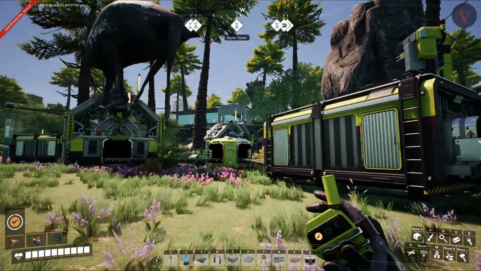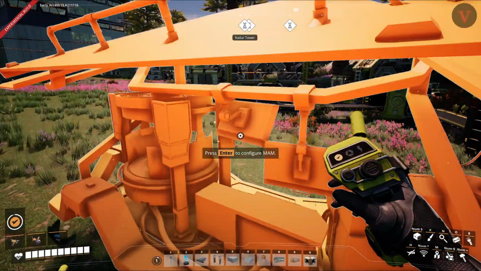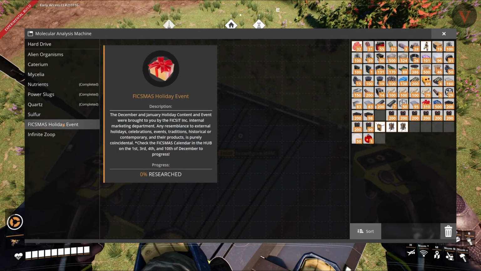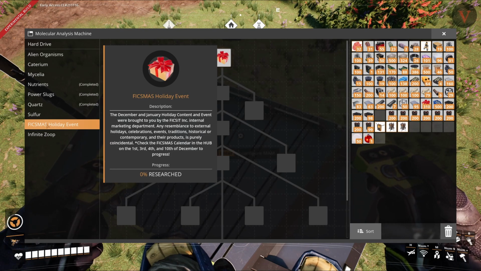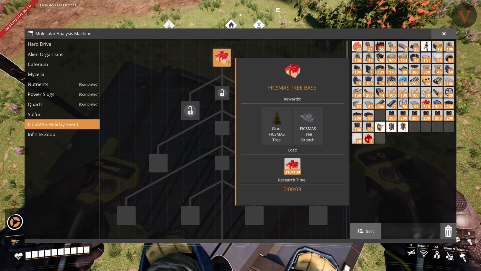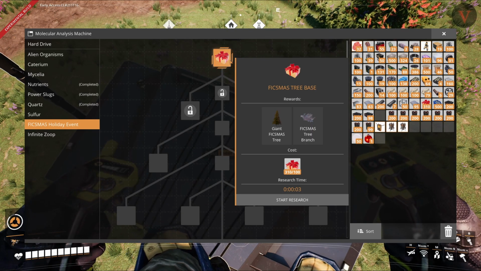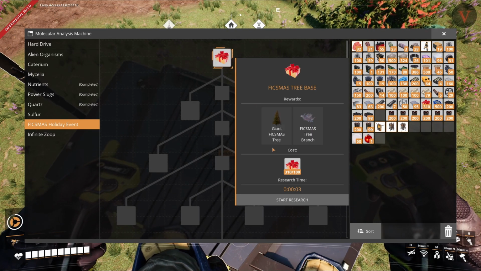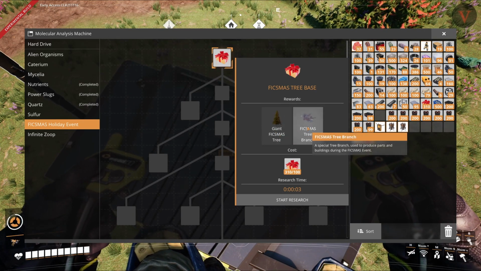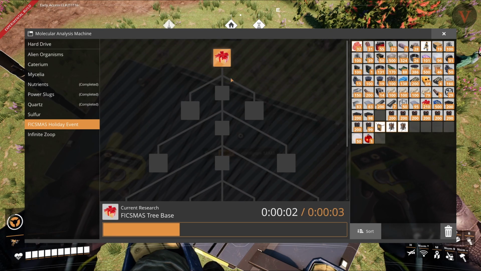But we need to go to the MAM. In fact, we don't need to go to the MAM. Let's just build one right here. And you'll see we now have a new segment here for the Ficsmas holiday event. And ultimately what we're doing is we are looking to build this giant Ficsmas tree and upgrade it. Basically, we're going to upgrade it as we go along. So as you can see, we'll get access to it right at the beginning, but it's just a bare tree. And for now, what we really need is these tree branches. So we're going to spend our 100 gifts,